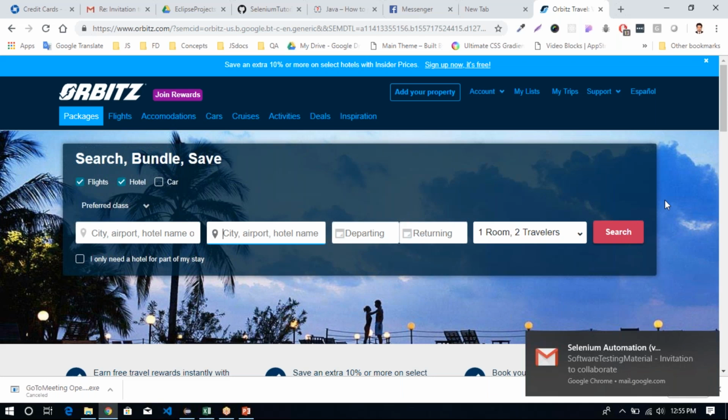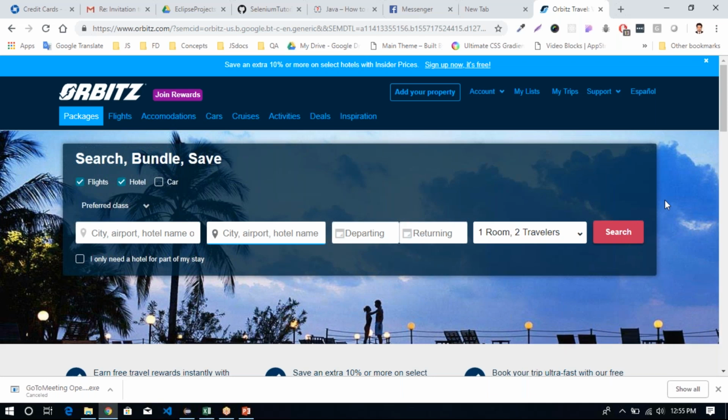If I put airplane, they're not selling this, so that needs to be validated, right? They will give you some message, like we are not selling this product, or we could not find it, or zero search results, something like that, right? Suppose you are pressing enter, and then the application crashes. Why would it crash? If it is not being handled on the front end, suppose you are putting on the front end your